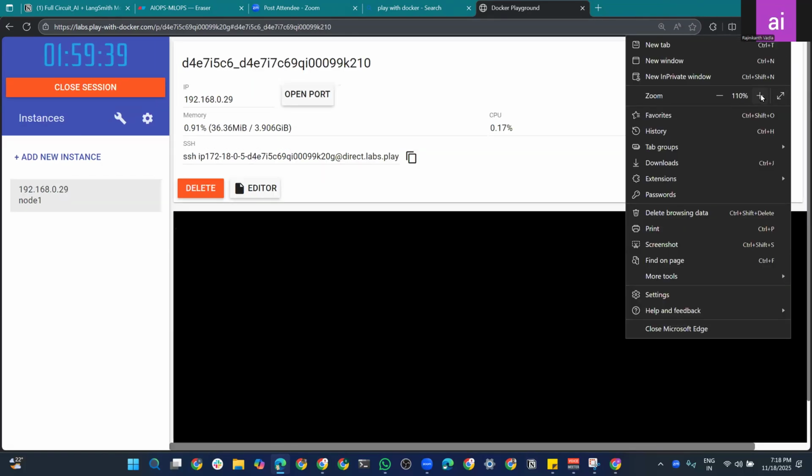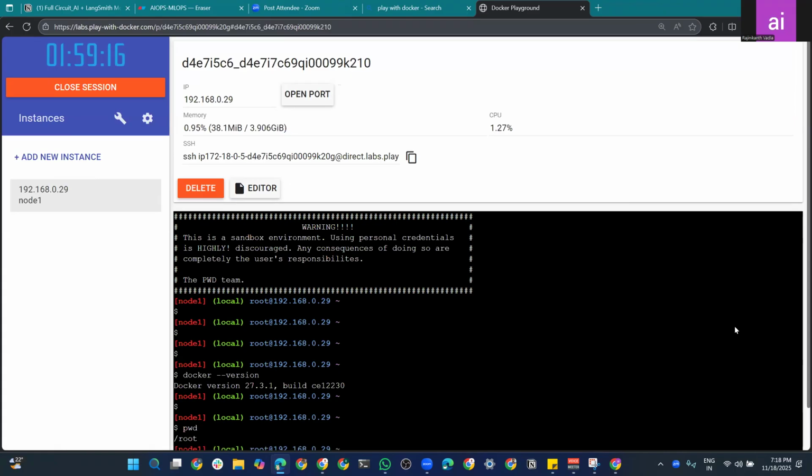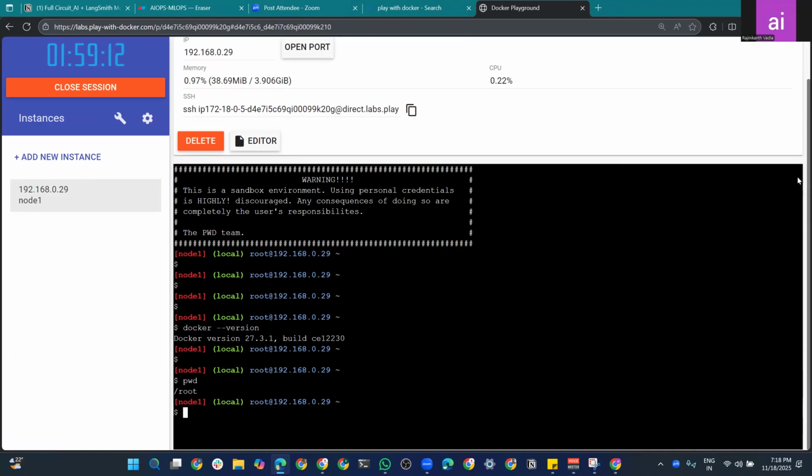Docker --version shows 27.3.1, which is a lower version than the Killercoda version, but no problem. I wanted to create a Dockerfile. If I do pwd here, I guess, yeah,